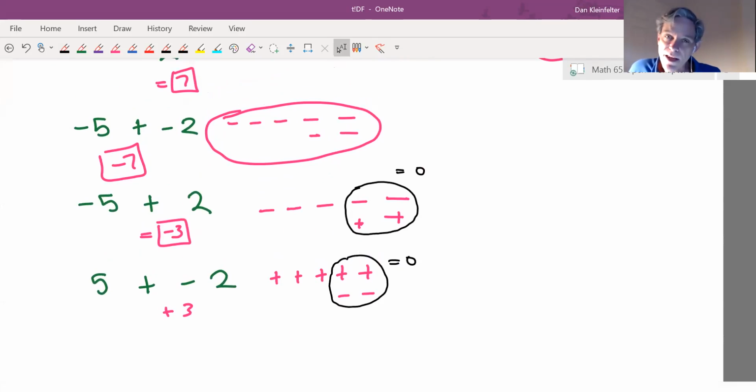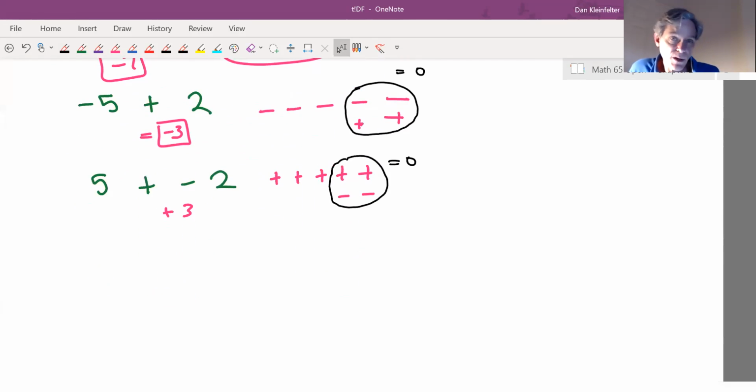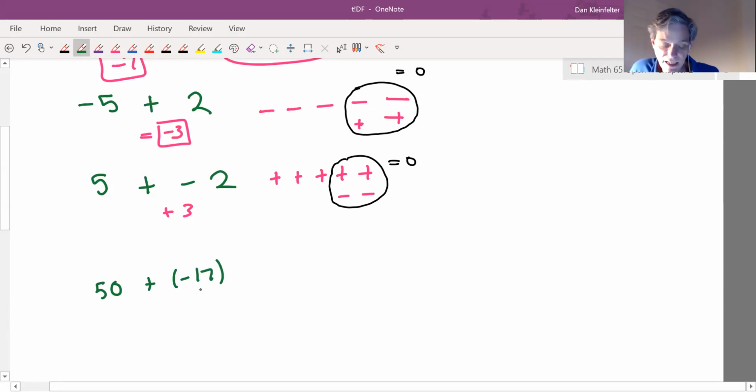So we still have not addressed why the subtraction part. So let me do one more in this same basic way. Let's say that we had 50 and negative 17. Okay, so I know you don't want to see me draw 50 plus signs, right? And then 17 minus signs, and then you'll just fast forward over all that anyways, right? So, but let's just pretend that I did, okay? If we had added 50 and negative 17, if I actually did write out those 50 plus signs and 17 minus signs, then